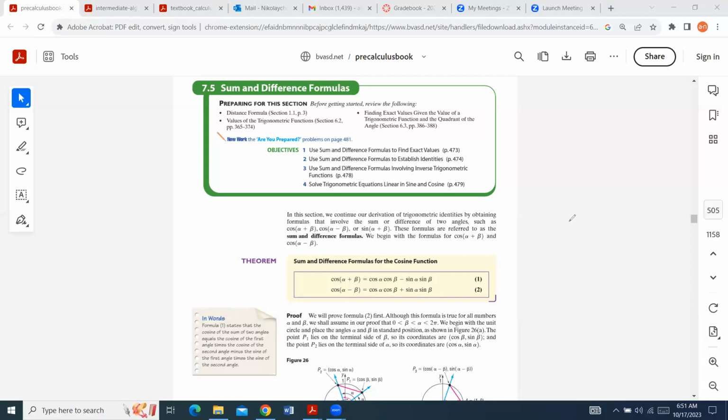So anyways, there is a pair of formulas here that are actually being justified in the statements below. So there is a cosine of alpha plus beta, or whatever letters you like. All of a sudden they decided to go with alpha and beta. So that's cosine cosine minus sine sine. Cosine of both angles minus a product of two sines. And there's another formula here that deals with